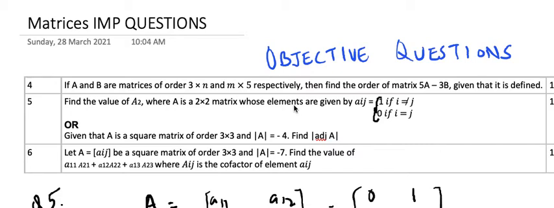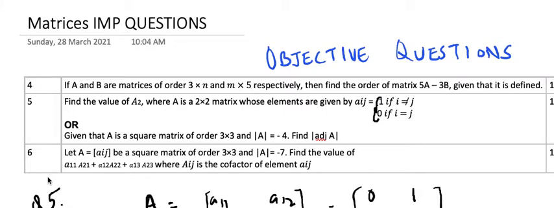These are the important questions from the chapter matrices and determinants. Again, these are the questions from the CBSE sample paper which I had shown you in my previous video. So first of all, I am starting with the discussion of the objective questions. These are one marker questions, right? We could find 3 one marker questions in that paper.